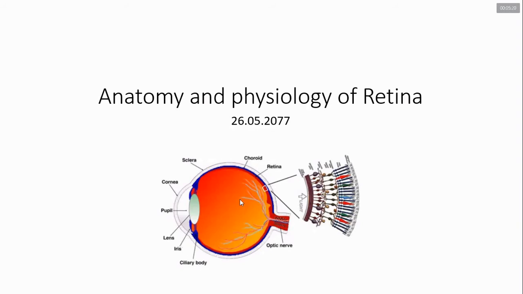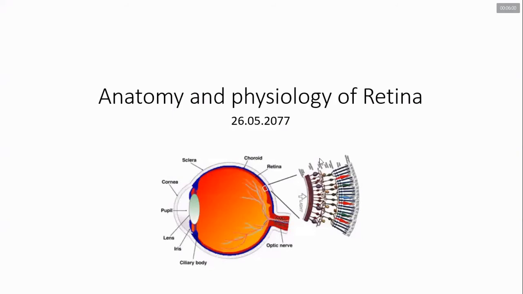So I think all of you know that this is the anterior portion of the eye, the anterior segment till the lens, and behind the lens is the posterior segment of the eye. Retina occupies the innermost coat of the eyeball, and it's in the posterior segment. Whenever we discuss the retina, we remember the posterior segment of the eye. Always remember the layers from posterior to anterior. This is the sclera; anteriorly is the cornea and posteriorly is the sclera.